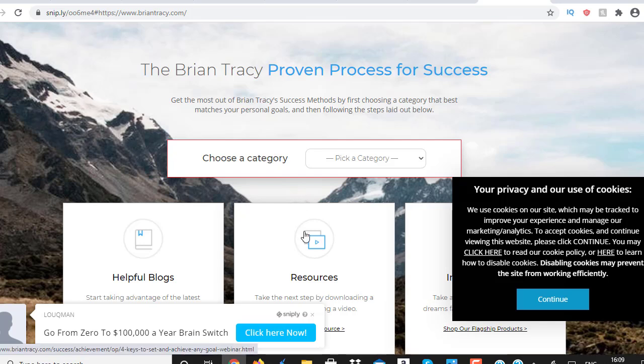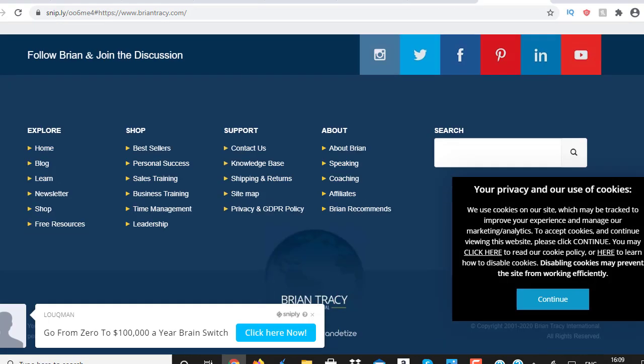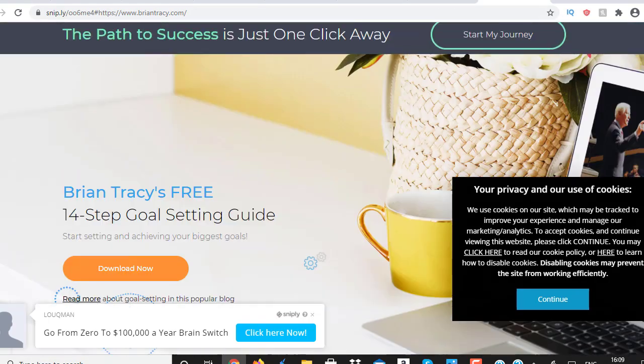Why? Because A, it's targeted traffic. Okay, it's congruent with the content that you're seeing on this website. Okay, very, very simple. All right,